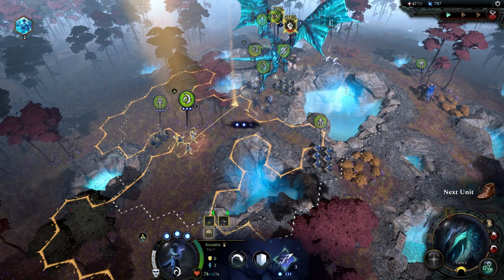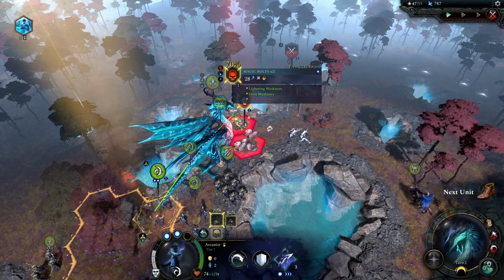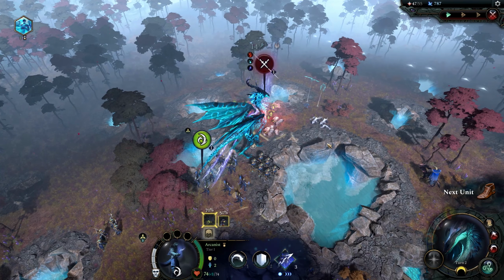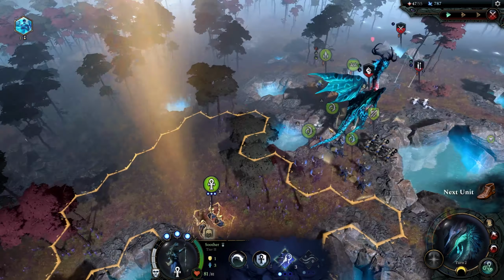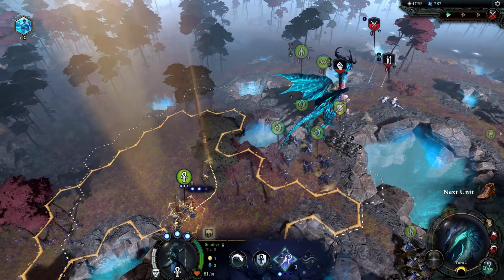Can we hit with you? 70% chance. Let's roll the dice. And it worked out for us. I think we got it. Yeah, so they're down to 3 units now. We've still got the